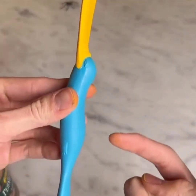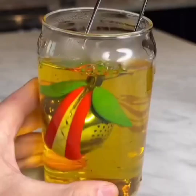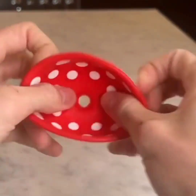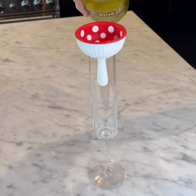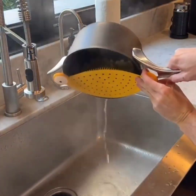This is a Splatipus, which makes it easy to scoop everything out of a jar. This is a tea infuser. All you have to do is put tea leaves in and soak it in hot water. This is a funnel that looks exactly like a mushroom, and I bought it primarily because I'm really clumsy, but it allows you to pour things really easily. This is a pasta strainer that you can hook on to any type of pot so you don't have any